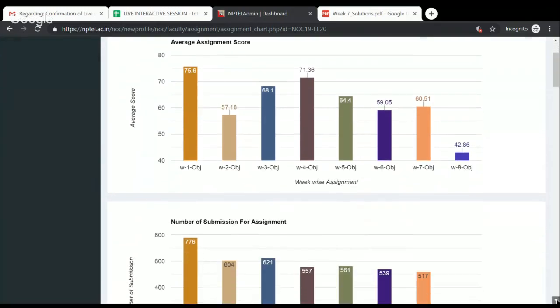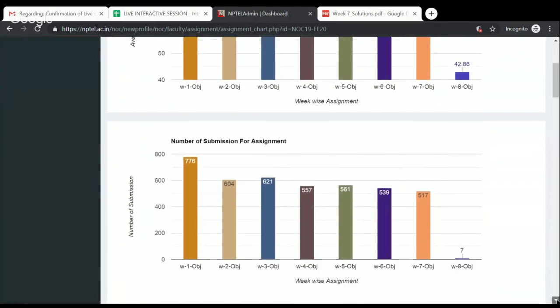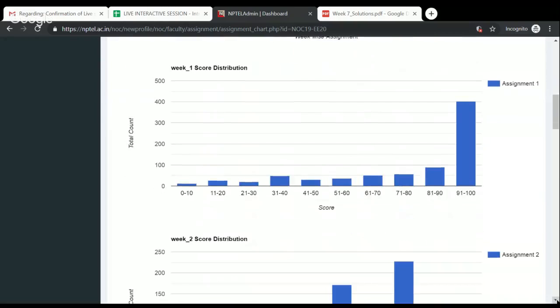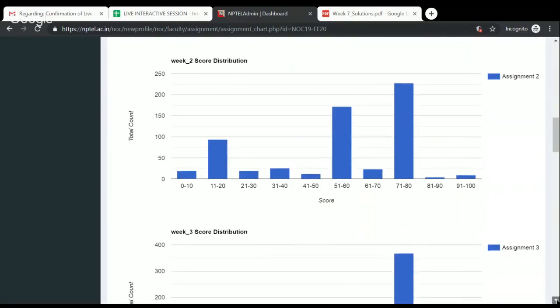Right. So if I scroll down and I look at the number of submissions, this is also great. Some 500 plus people are submitting these assignments on a consistent basis. So that is also okay. But if I scroll down further, I get to see these